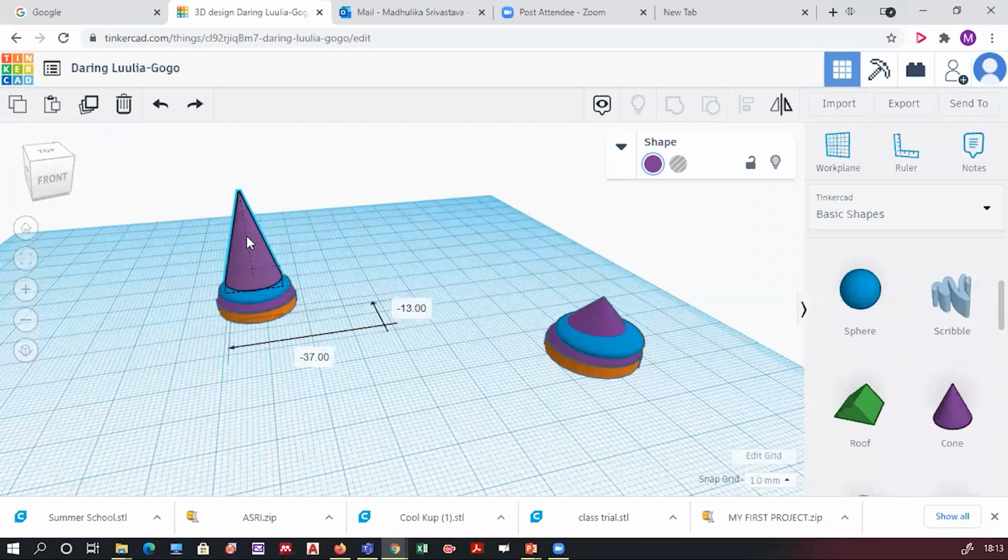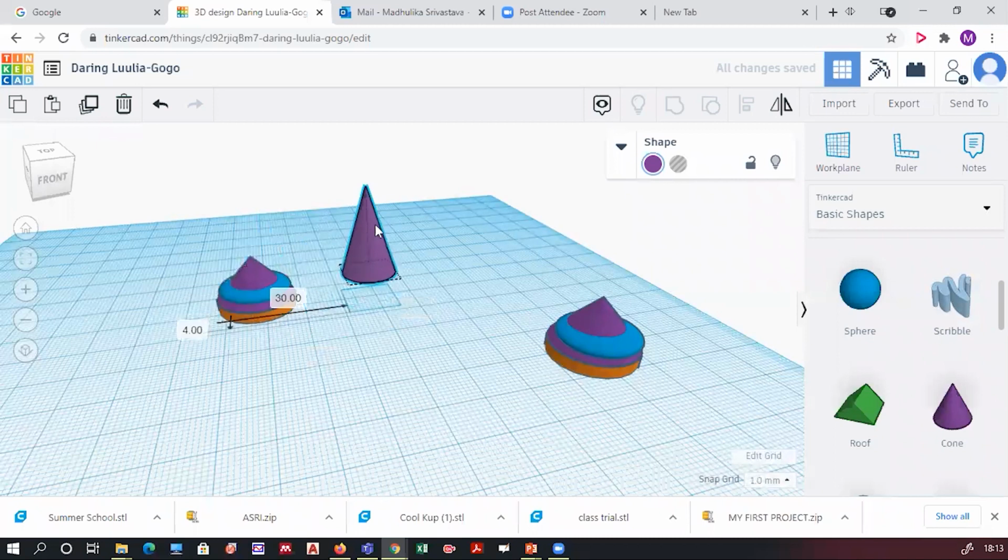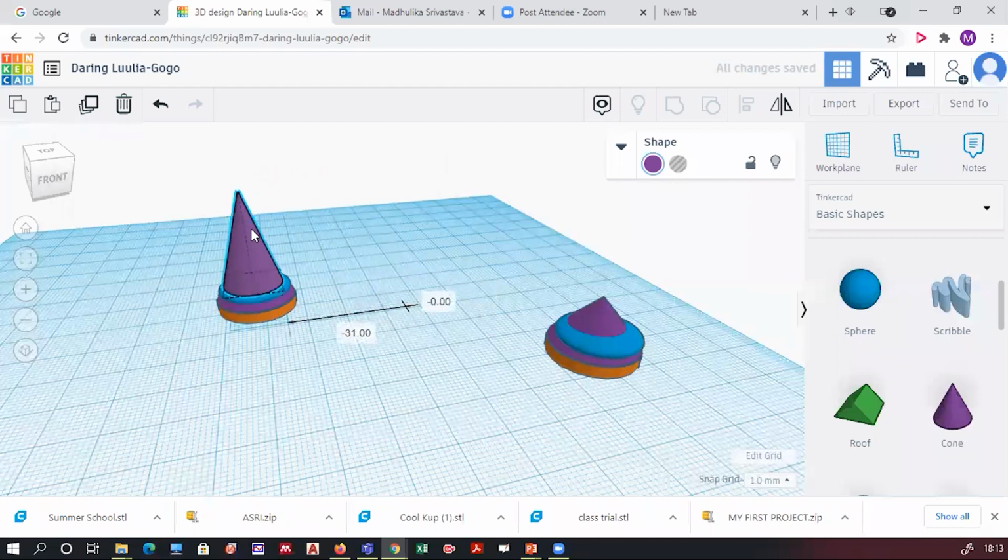At the end, I will do the alignment. How much to raise? You can see what I have raised. Take it around 8 or 10. Ultimately, you will keep it over here and join it. That doesn't matter. It will automatically get aligned and joined together. So just place it over the structure you have made.